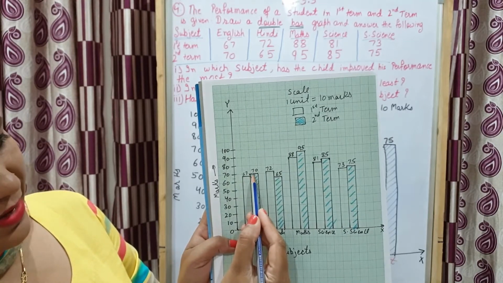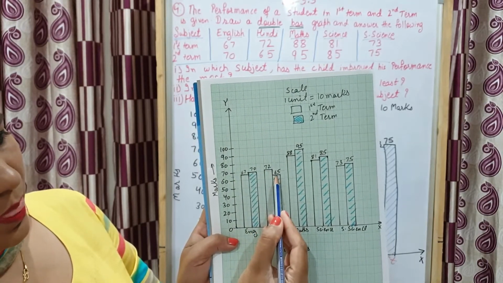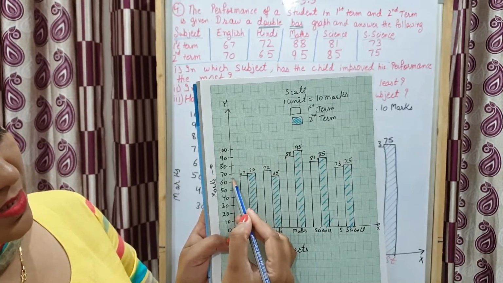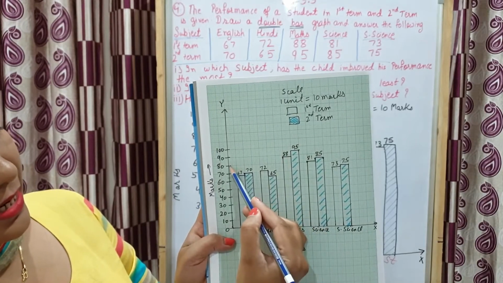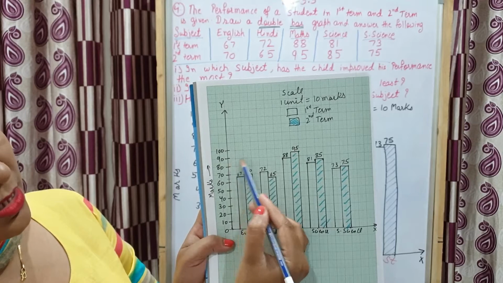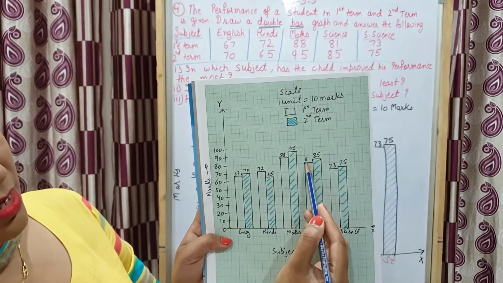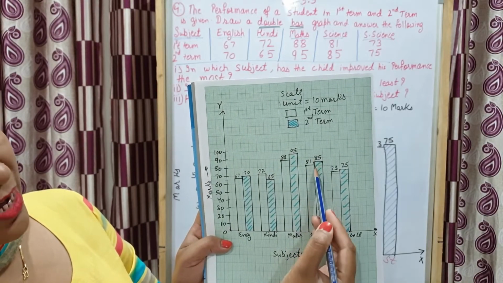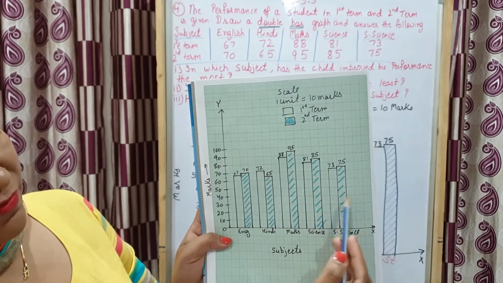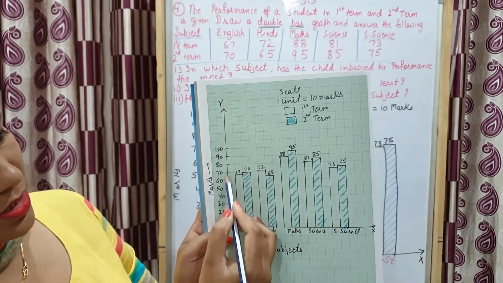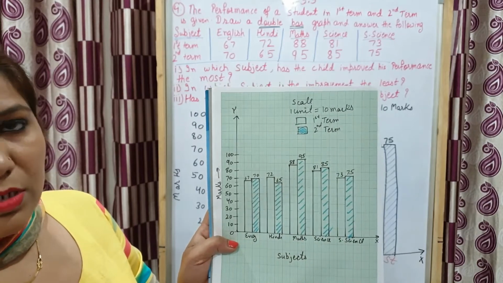So 67, 70, again 72, here it is 70 after 2, 72, then 65, between 60 and 70, this one is 65. Again leave one box, then 88, between 80 and 90, then 95, between 90 and 100, 81, just above one line, 85, between 80 and 90, 73, 70 and 3 lines, then 75, and always leave a box. You see here I leave a box and you have to mention it in this way. So now this is your graph.